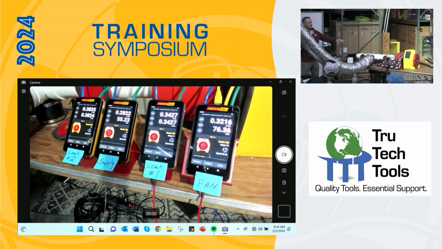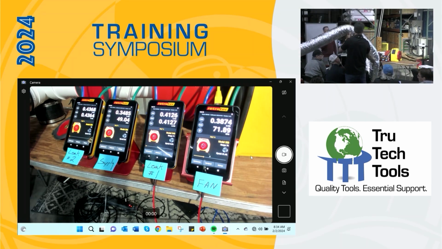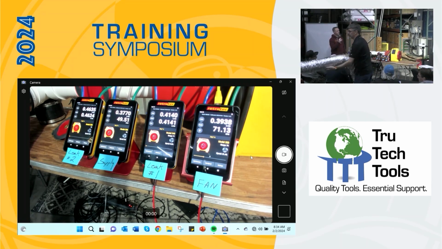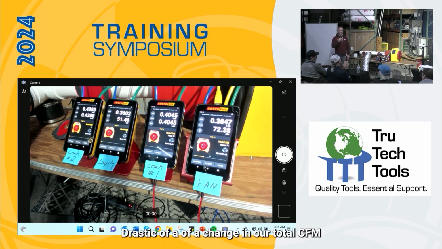So that's without the leakage. So now we're completely capped off. But if you've noticed too, as we've been making changes, it's been making changes to the total static and flow too. And like it was mentioned before, this is just one duct. So if we start to add 12 of these, it's going to have a